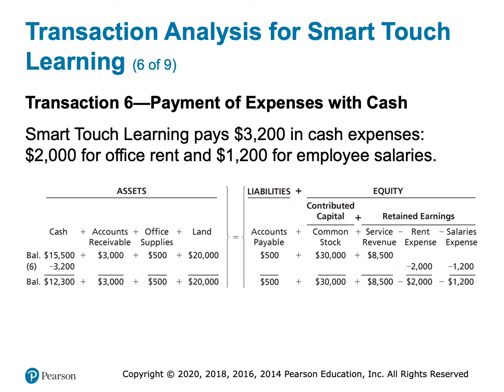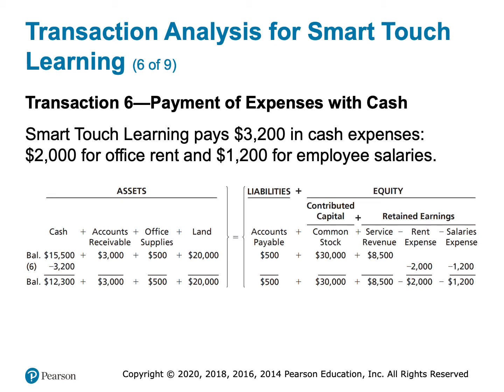So transaction 6, we paid some expenses with cash. We're told that we paid $2,000 for the office rent and we paid $1,200 for employee salaries. So we spent cash. Cash is an asset, so that means cash went down. So over here on the left side of the equation, I'm going to decrease cash by $3,200 because I spent